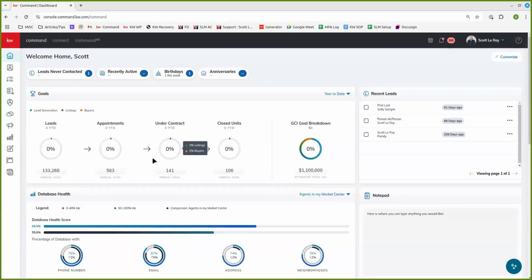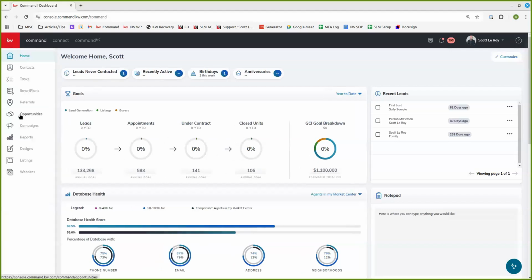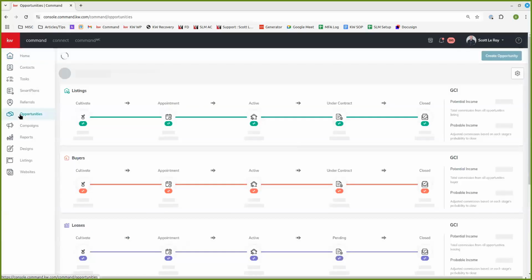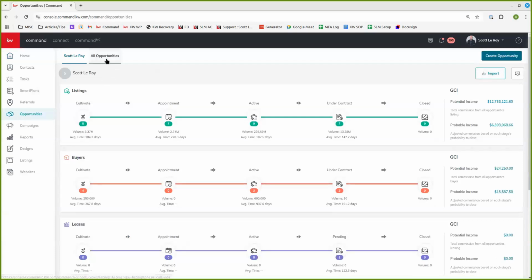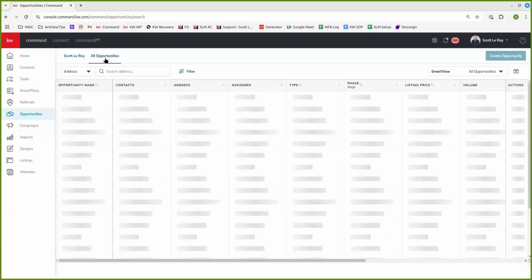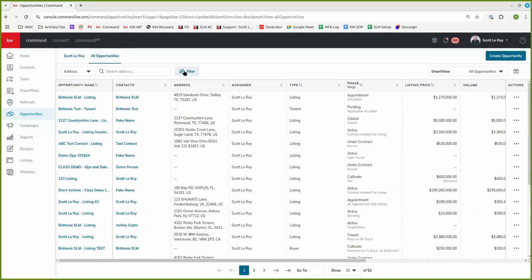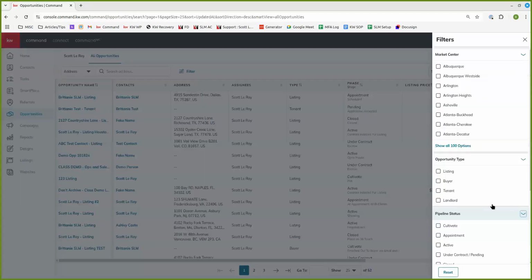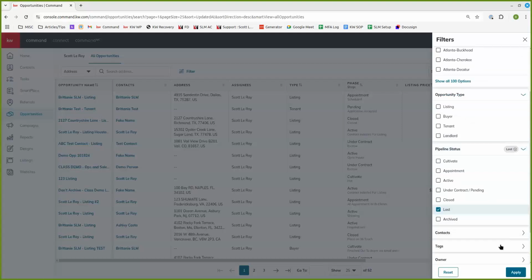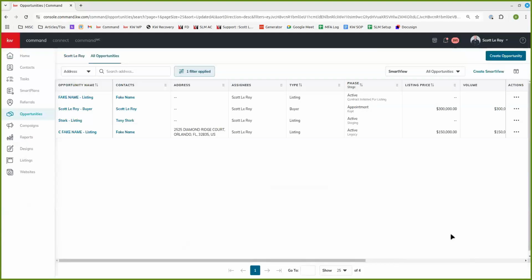restore a lost opportunity. To do that, we are going to navigate to the Opportunities applet within Command. Once we are in the Opportunities applet, we are going to click All Opportunities at the top, and I am going to filter by Lost Opportunities. Once I do that, I can see all of my lost opportunities, and I can select the one that I